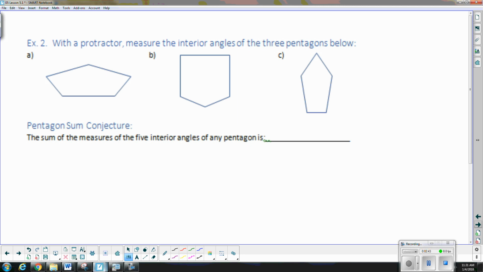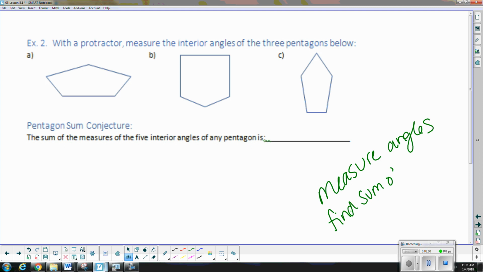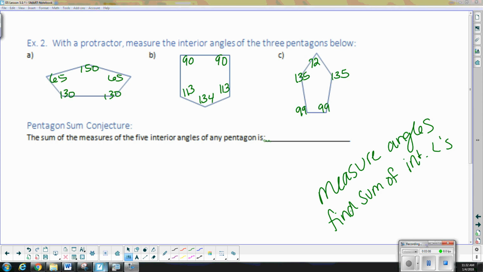Again, you do the same thing with your protractor. Measure the interior angles of the 3 pentagons below, and then find the sum of the interior angles. Please pause the video while you do that. All right, you should have gotten these angle measures if you used your protractor, give or take a couple of degrees. Sometimes it's kind of hard if it's not a perfect factor of 5. But then when you sum these all up,